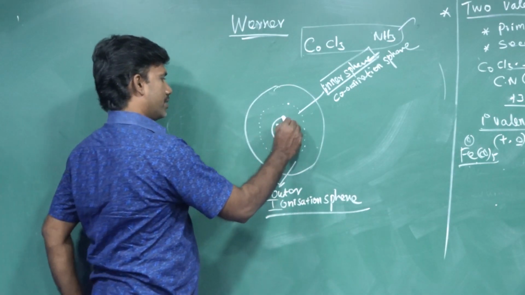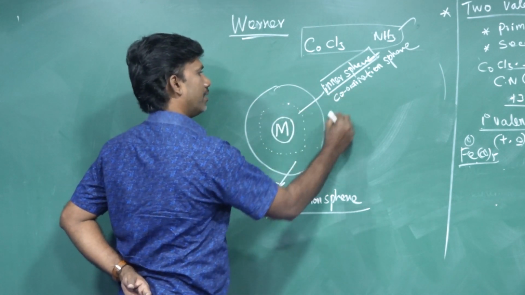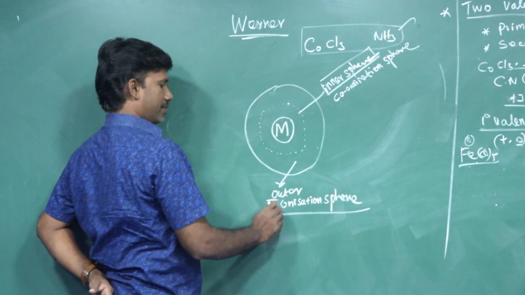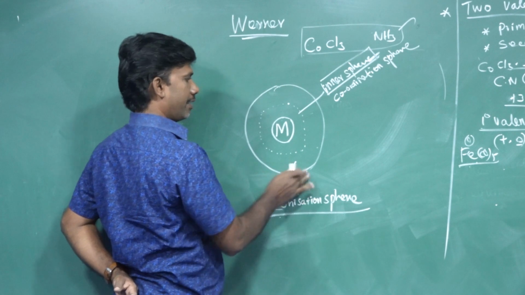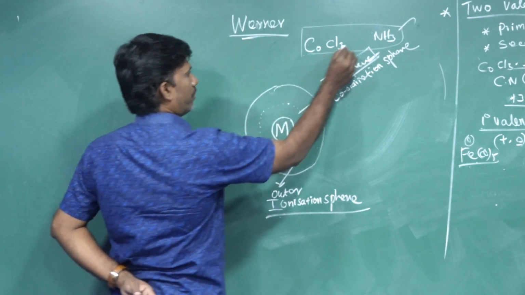So Werner assumes that the central metal atom has one sphere around it, which is called the inner sphere or coordination sphere. The second sphere is called the outer sphere or ionization sphere. Here ionization can easily take place. Okay. Now for this compound,